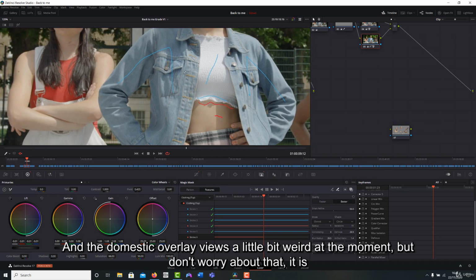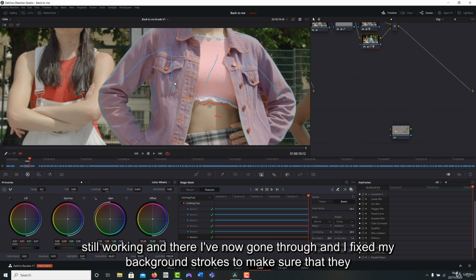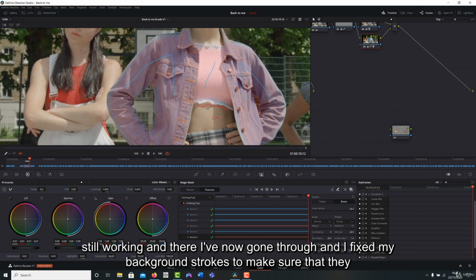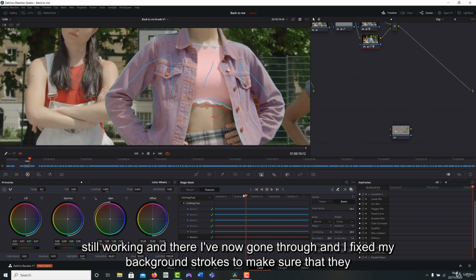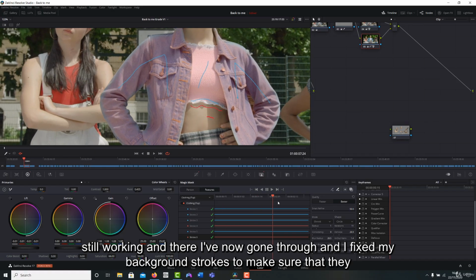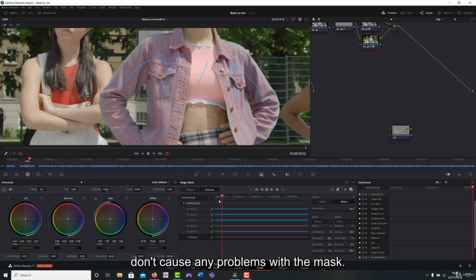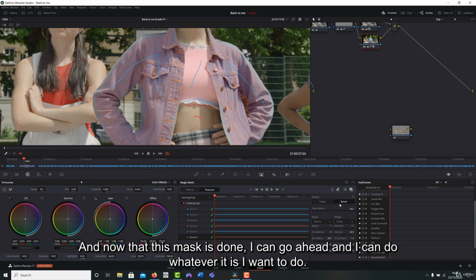And the mask overlay view is a little bit weird at the moment, but don't worry about that, it is still working. And there, I've now gone through and I've fixed my background strokes to make sure that they don't cause any problems with the mask. And now that this mask is done,